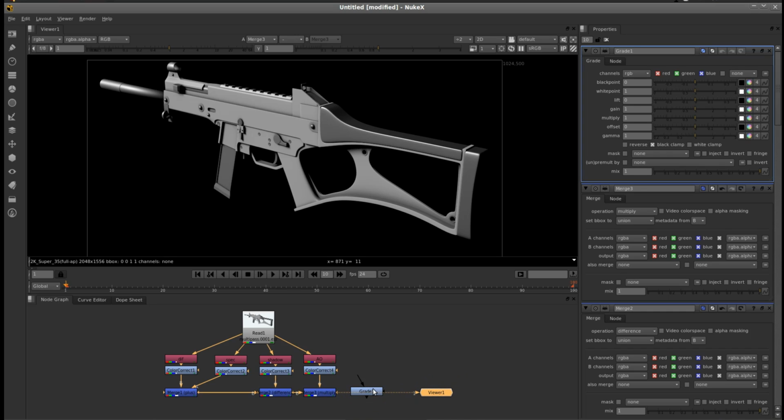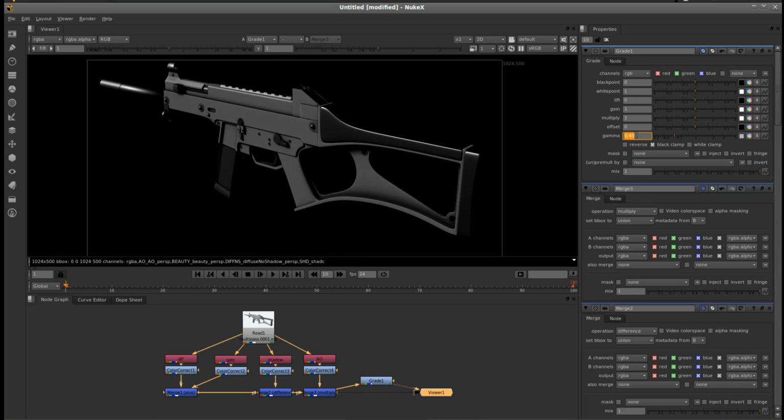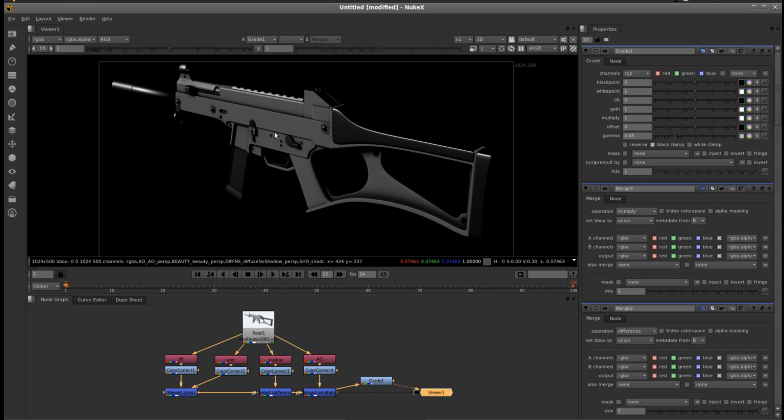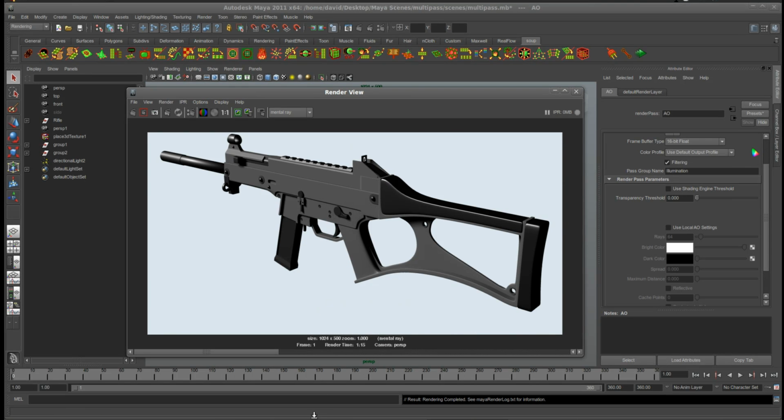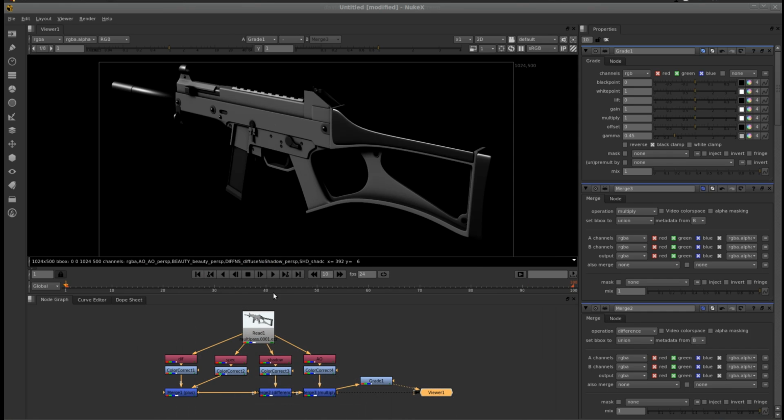I'm going to put that as the last in the chain, so I hook it up here and here, and that will be 2 on our viewer. It won't do anything, we need to set it, so I'm going to take the gamma to 0.45, and that's what our image should actually look like, which is fairly similar to the one we had in Maya,